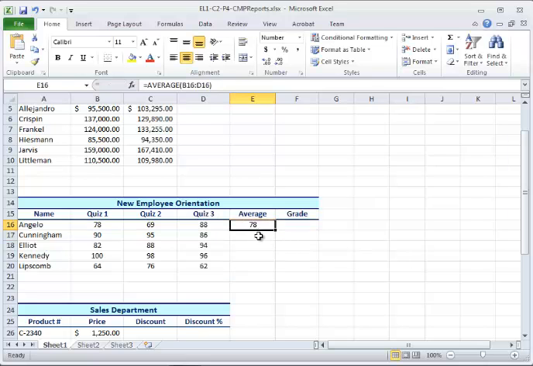and then do the autofill. Just click back on cell E16 and use the fill handle. Move your pointer to the bottom right corner. When it becomes a solid cross, click and hold, drag down, and let go of your button. It copies the formula to the rest of the column. Okay, now